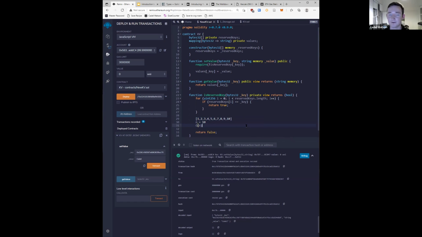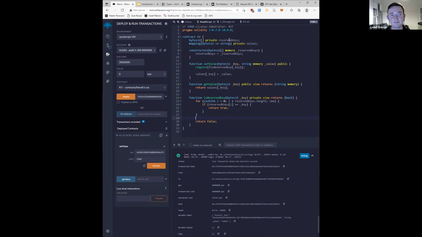So think about time complexity. Searching an array is O(n). Right. Cool. So you guys are familiar with that. Great. In a mapping, to look up something and see if it's in the mapping, it's O(1). What that means is no matter how big the mapping is, it takes exactly the same amount of time. It's really efficient. So for this reserved key check, what we want to do is convert our reserved keys array into a mapping so that we can make this a lot more